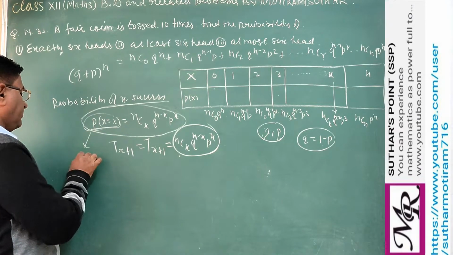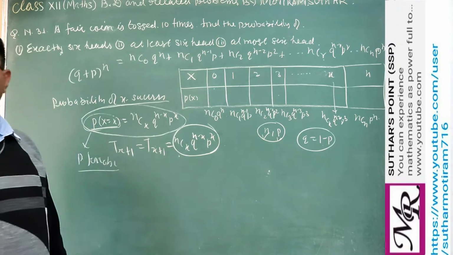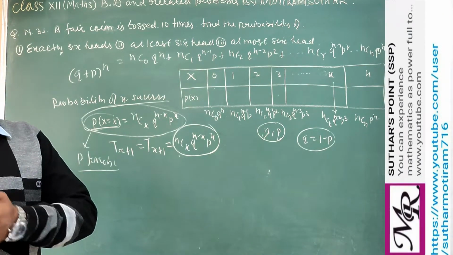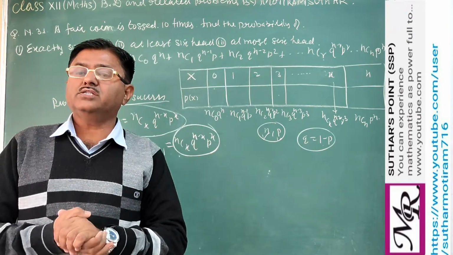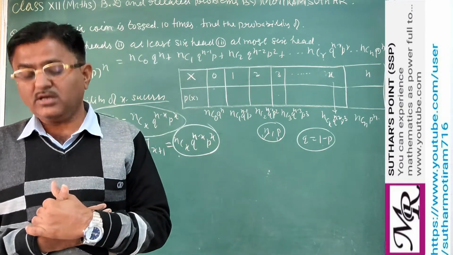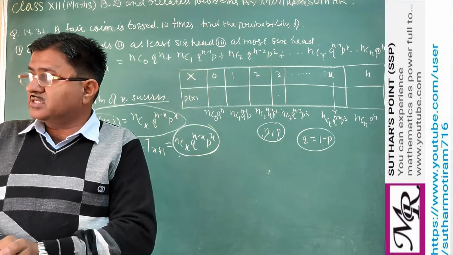Why is it a probability function? Because each value of x gives a corresponding value of P(x). So each x has its unique image. For each x there is a unique value. That's why this is known as a function of the binomial.